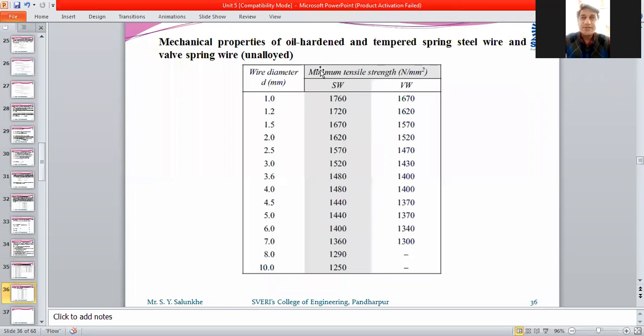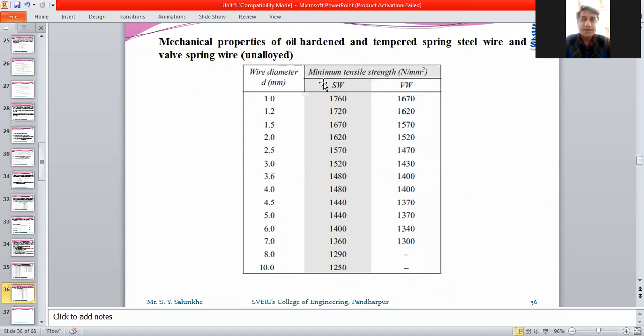Now, this is the second table which is used when the steel wire has been formed from oil hardened steel, that is, the hardening process is done on the steel so that the upper layer or skin of that wire or material will get hardened, and the remaining portion from the inside remains ductile. Okay, so we are going to do the heat treatment on that wire.